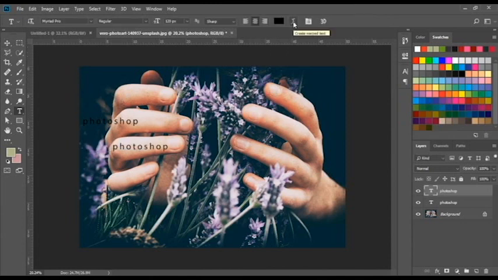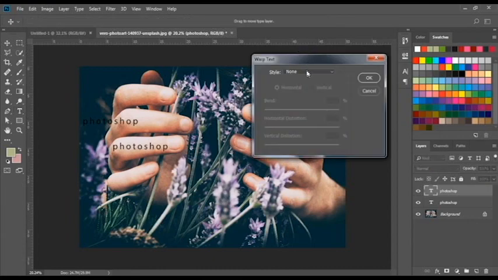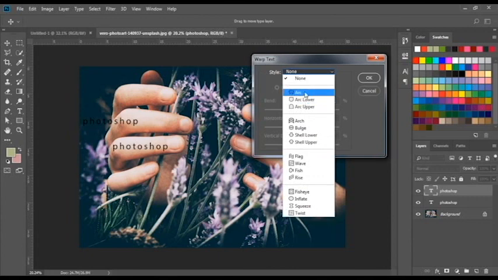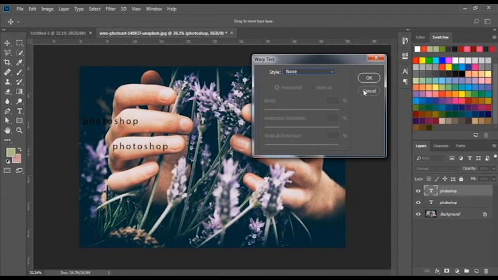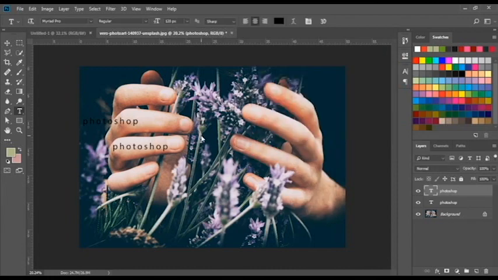Okay, next we have wrap option, and we can see different options here. Our choices are arc, lower, upper, flag, wave, fish, twist. We have many different styles to choose from. If I write text here and select these options one by one, something like that,